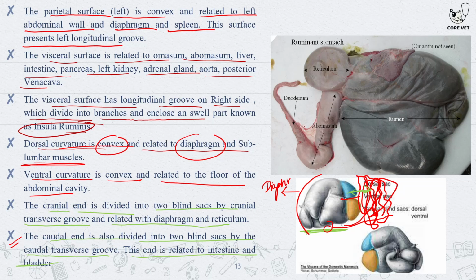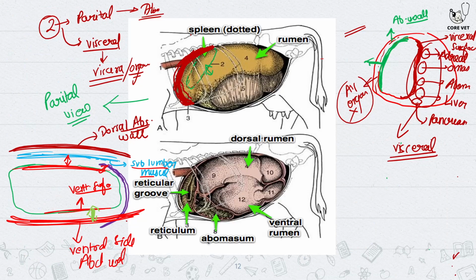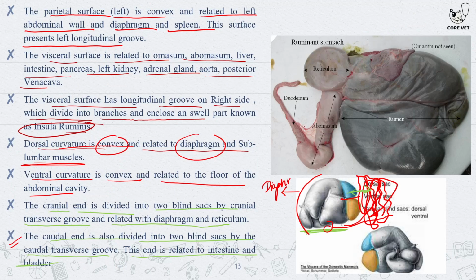Okay, I hope this part is clear. So this is the caudal part, and this caudal part would be in contact with the intestine and the bladder, right? I hope the slide is clear. Okay, now moving ahead,